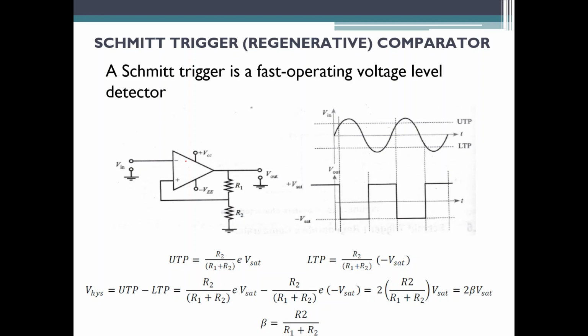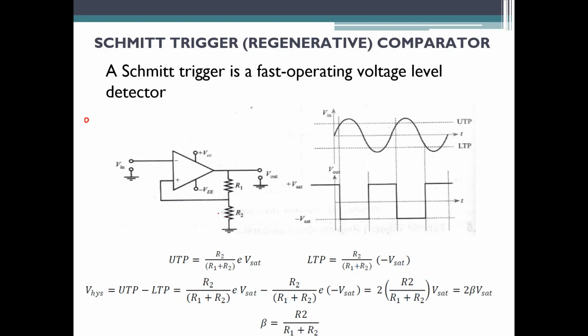So what you do here is the inverting terminal will be grounded, which means one of the voltages applied to the differential amplifier is 0, and one more voltage, which is applied to the non-inverting terminal, is actually obtained from the output through the voltage divider network. You are very familiar with this voltage divider network, which we have already seen in the biasing of the transistor, or voltage divider biasing of the transistors.